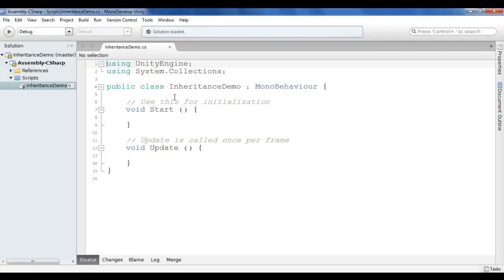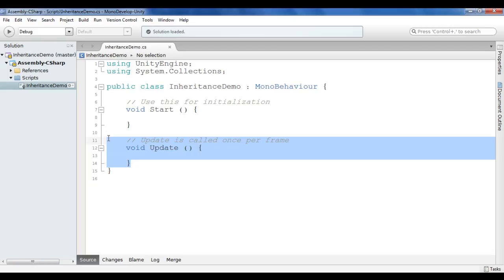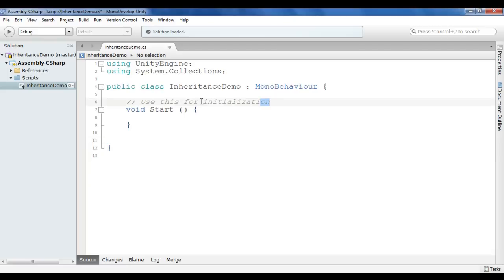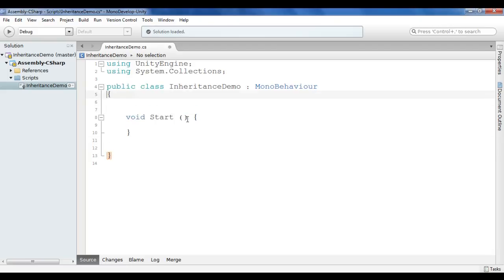Here you can see that we have the InheritanceDemo.cs file open. I remove the unnecessary code that is not necessary at present. I remove that, hit enter, I remove this also. We have the code ready, friends. Now what we are going to do, as we want to solve the problem of finding the area of a